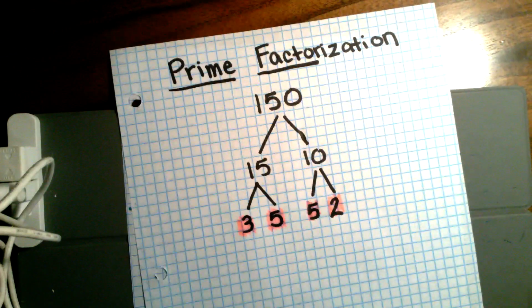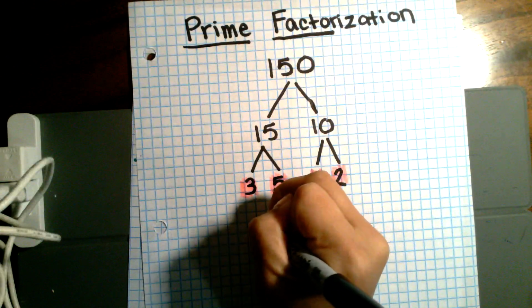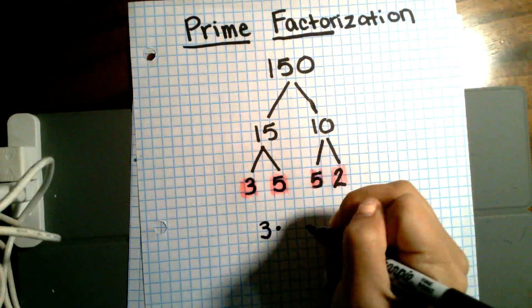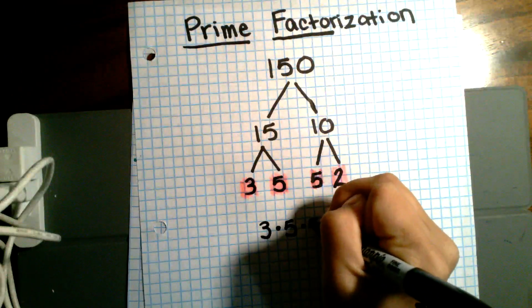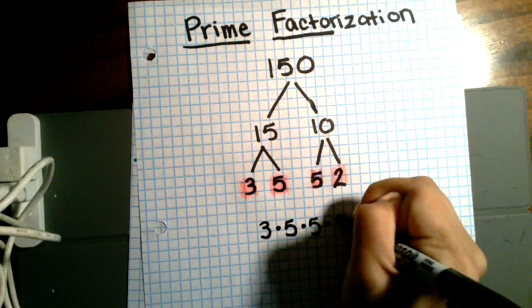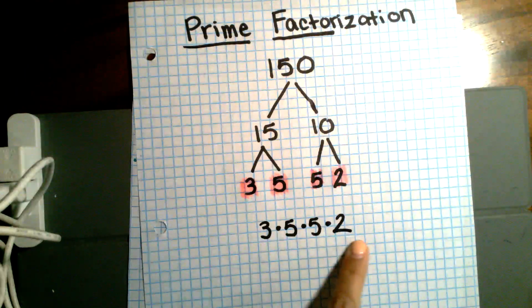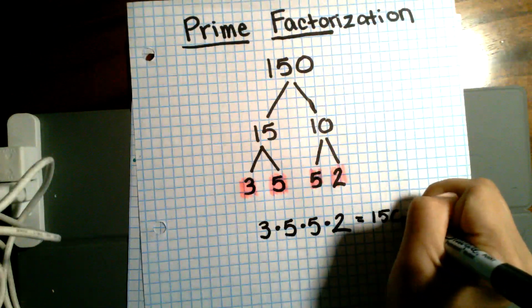So what we learn here is that if we multiply these values together, 3 times 5 times 5 times 2, if I multiply all of these together, I will get back to 150,